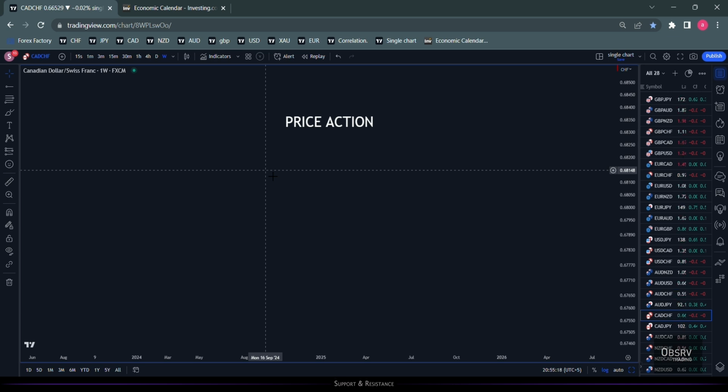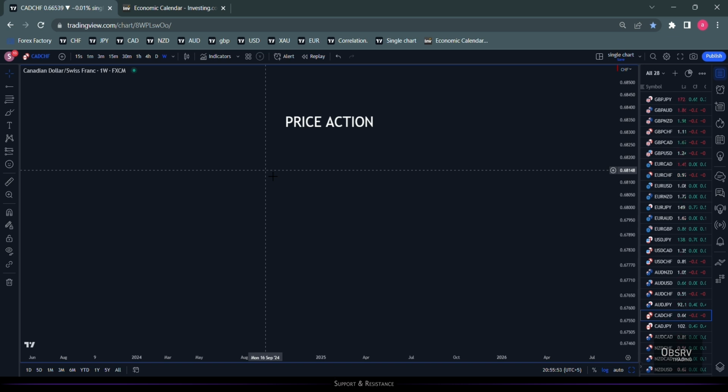According to my own personal understanding, it might sound a little funny, price action is nothing but any action that price takes at any given time. It's as simple as that. It's right there in the name. Any action that is taken by the price at any given time is called price action. Price goes up, it's price action. Price goes down, that is also price action. Price comes to a halt, that is also price action.